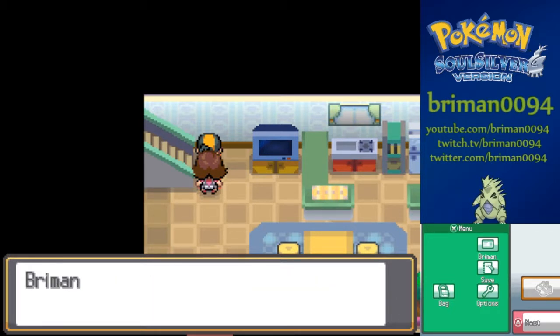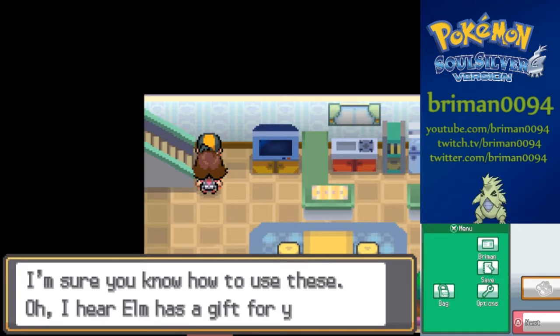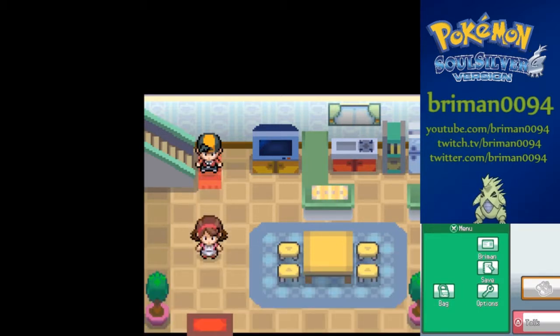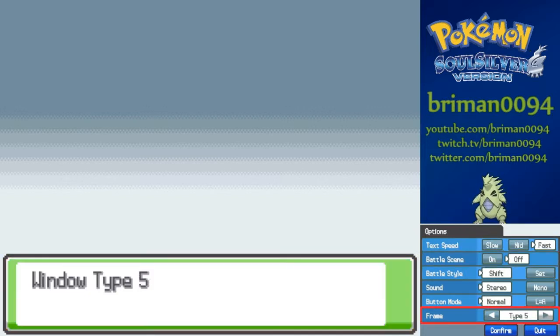That's one of the best things, I think: you get your bicycle, running shoes, and GB sounds at the very beginning of the game, and I really like the GB sounds, so I am going to be switching off between those a little bit. So let me go ahead and change my options. No battle scene, normal button mode, got it, nice. Here, let's go with bright green window type,